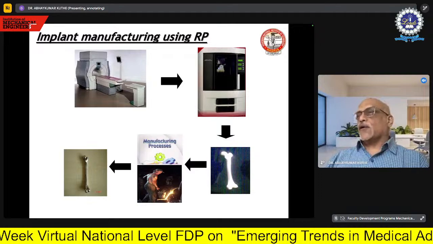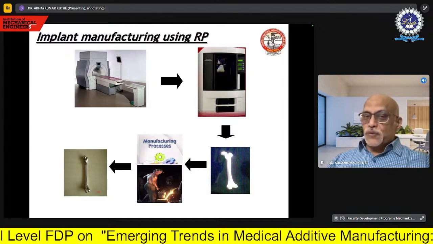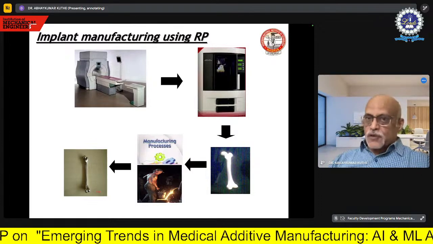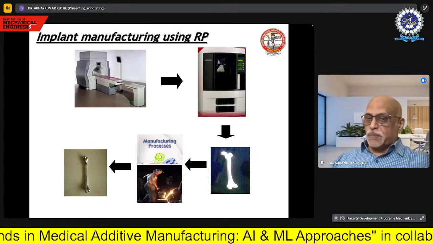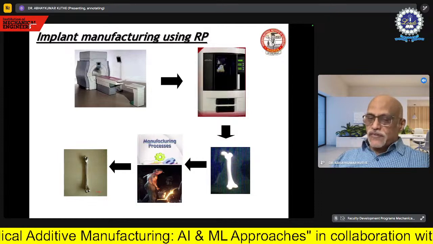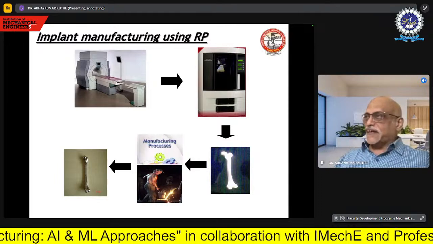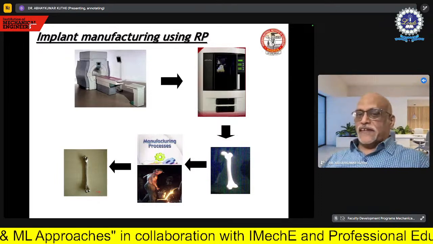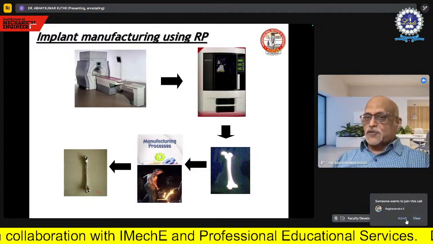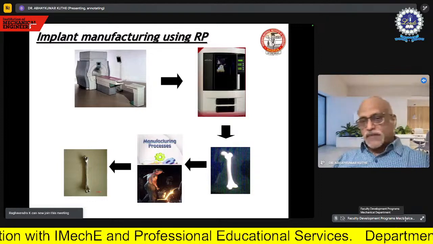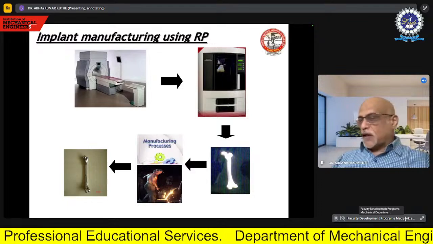And that is how we have taken this particular route into consideration, how best we can use the data from the CT scan to get the part manufactured using 3D printing, and ultimately use a certain manufacturing process to get a metal part. If you look at our figure, I think the figure itself is self-explanatory. We have taken the CT scan data of a bone and sent it to the RP machine, and the RP machine has given us the so-called ABS model of that bone.